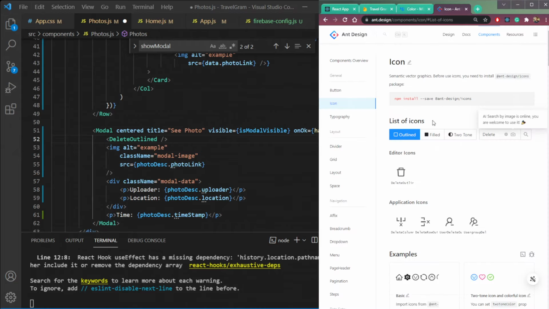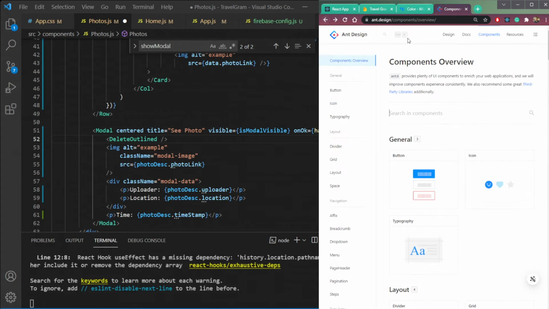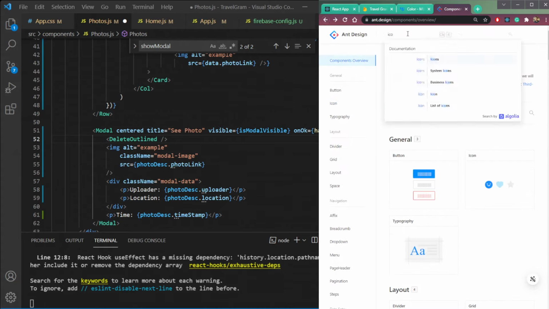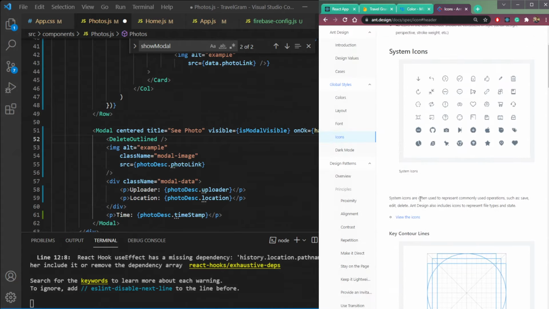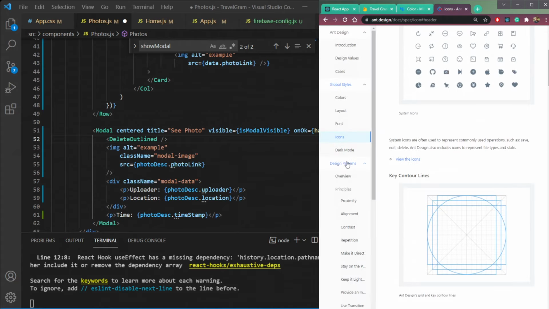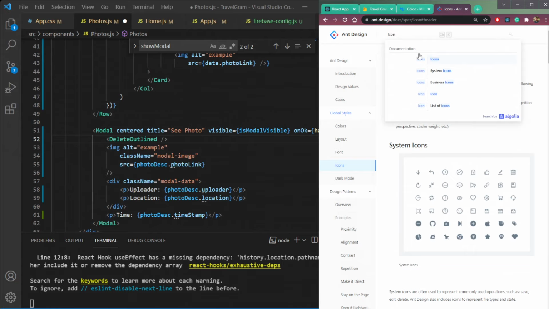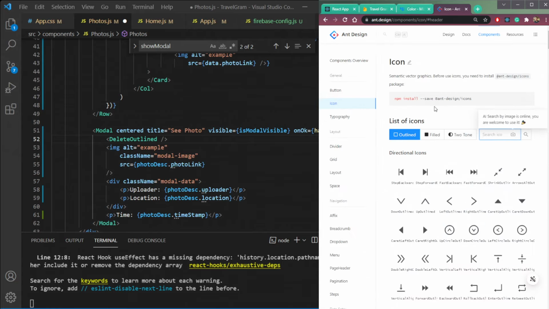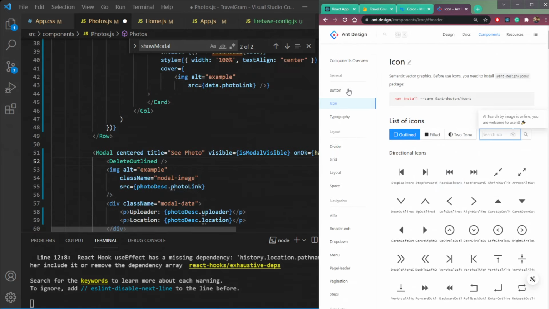And I think we need to import it also. So how to import this icon? Let's search it again. Icons. Icon. How to import this?